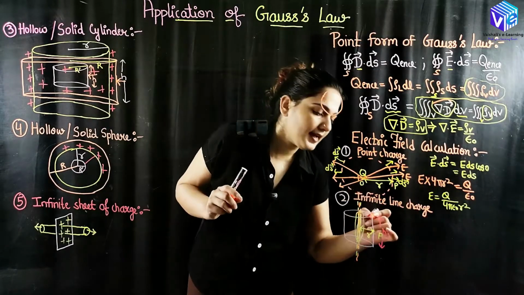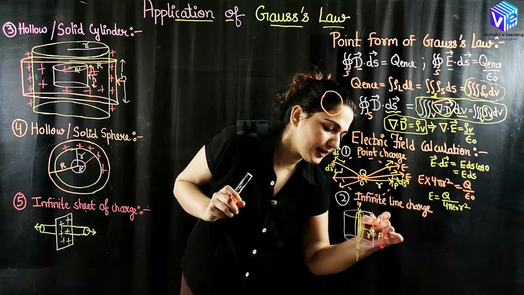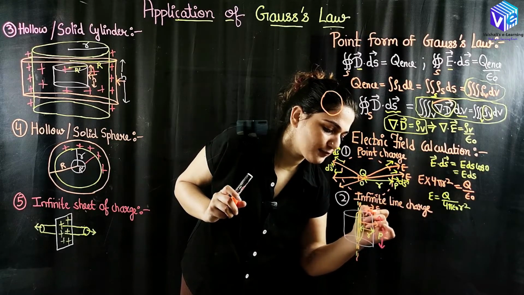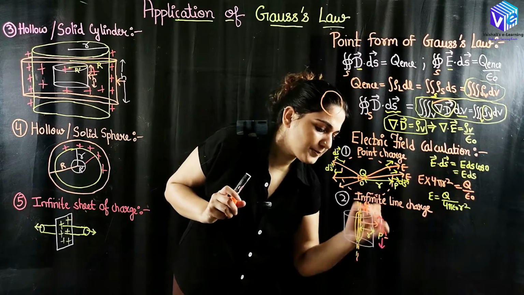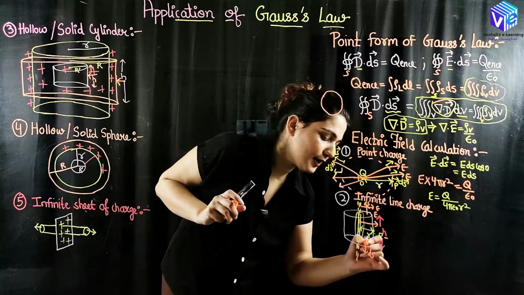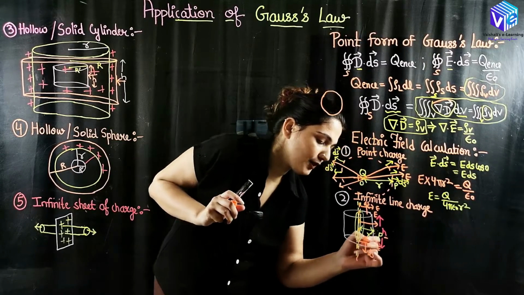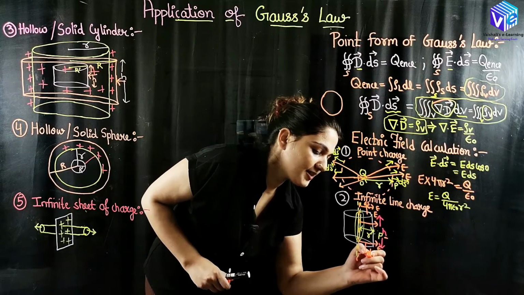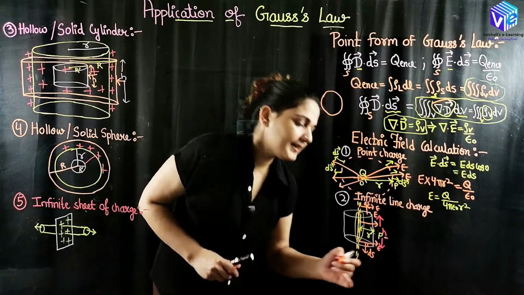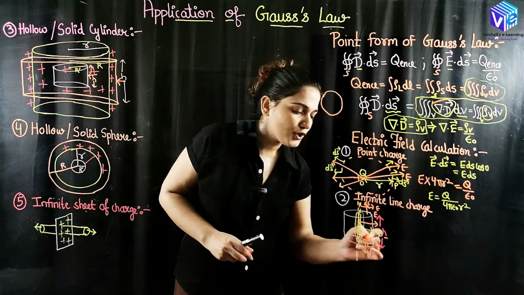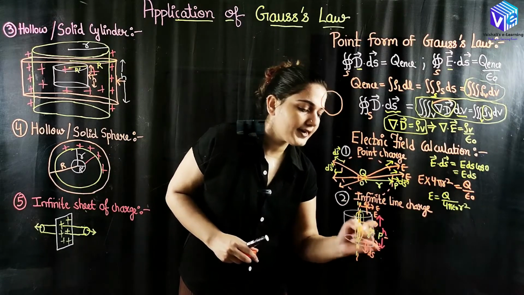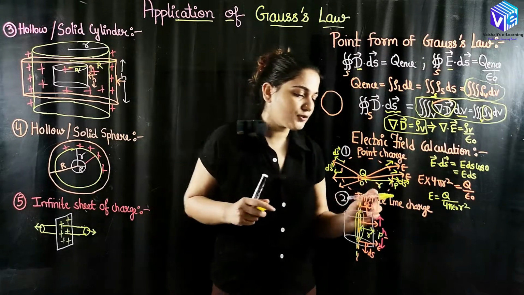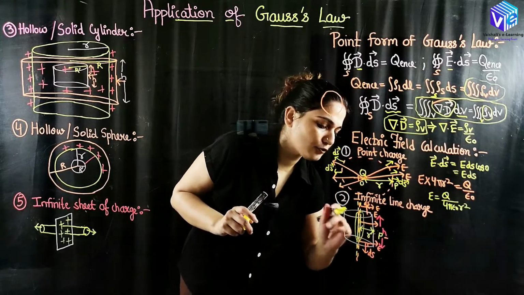Now here if I see, the electric field lines are going in this direction. At this point the surface vector is on the upside. Here the surface vector is on the downside. This is the electric field. So at this surface, what is the angle between the electric field and the surface vector? It is 90 degrees. So E dot ds will be 0. So I will not consider the upward and the downward surface because these are not contributing to the flux. So the flux is given by only this round surface.